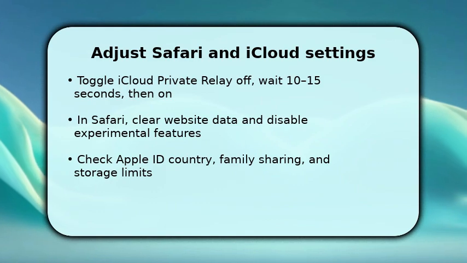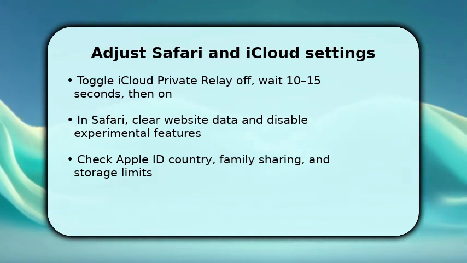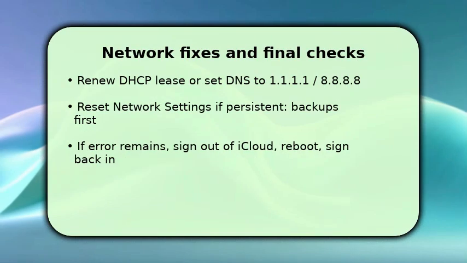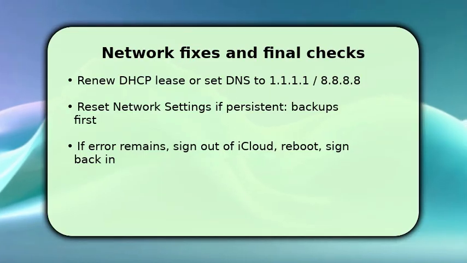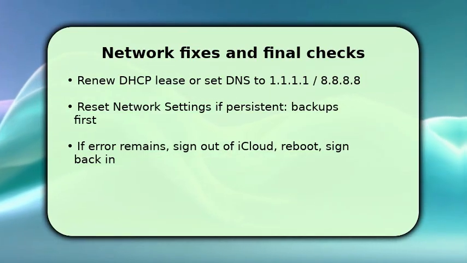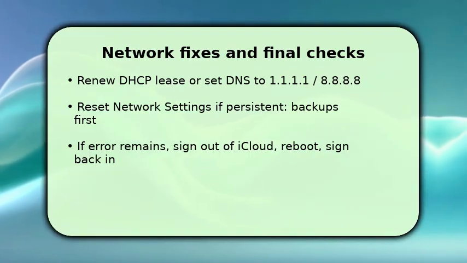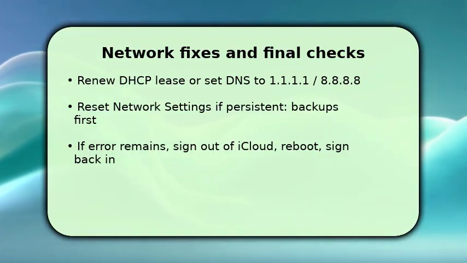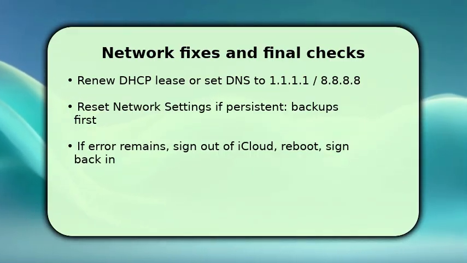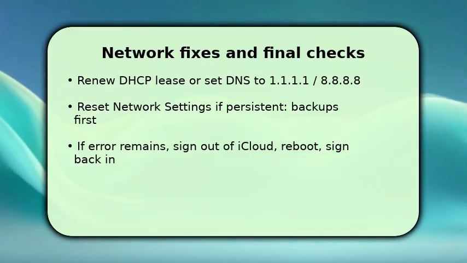Finish by tackling network routing. Renew the DHCP lease on your device or set DNS manually to 1.1.1.1 or 8.8.8.8 to bypass ISP filtering. If problems persist, back up and then reset network settings to clear corrupt profiles. As a last resort, sign out of iCloud, reboot the device, and sign back in. This refreshes account tokens that Private Relay requires. Troubleshooting tip: if Private Relay still fails,